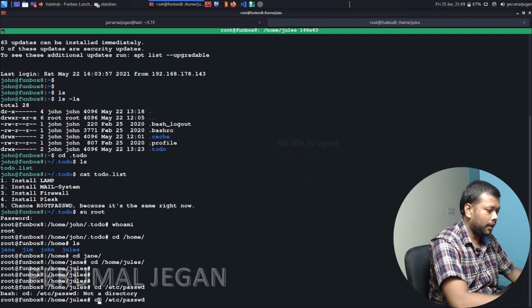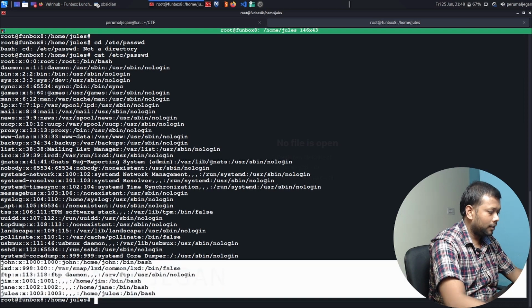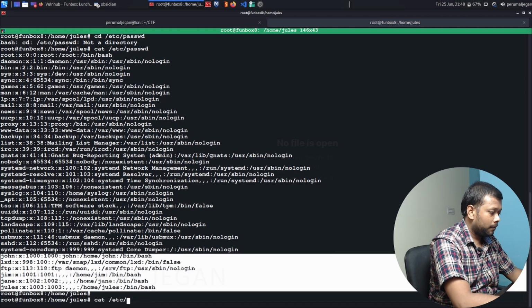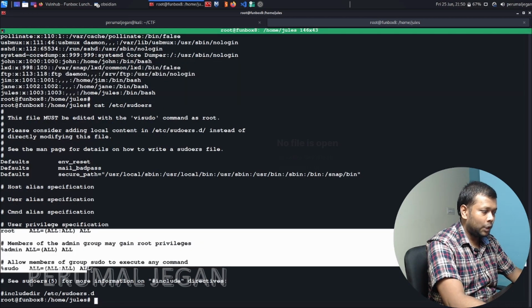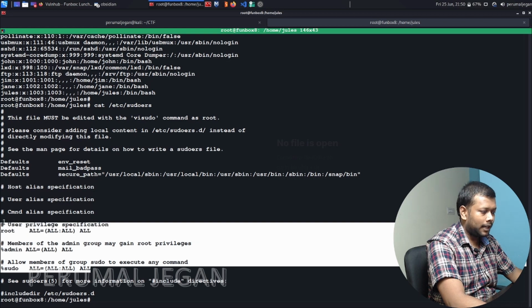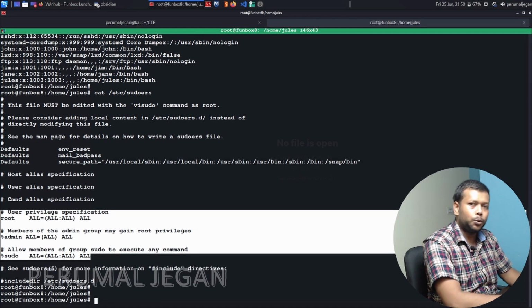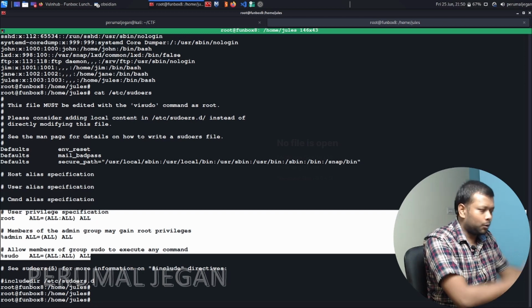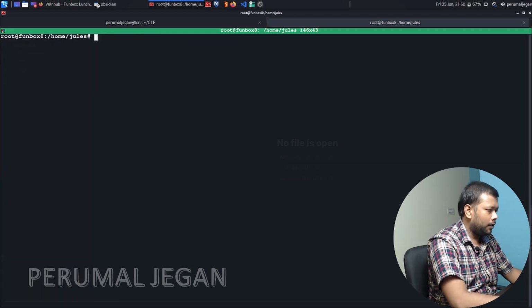Sorry, it's a file, cat. I can read the password file. I can also make changes in the sudoers file. I can reset the privileges. The root in a Linux system is equivalent to the administrator of Windows. So it has the top privilege and we can do whatever we want.